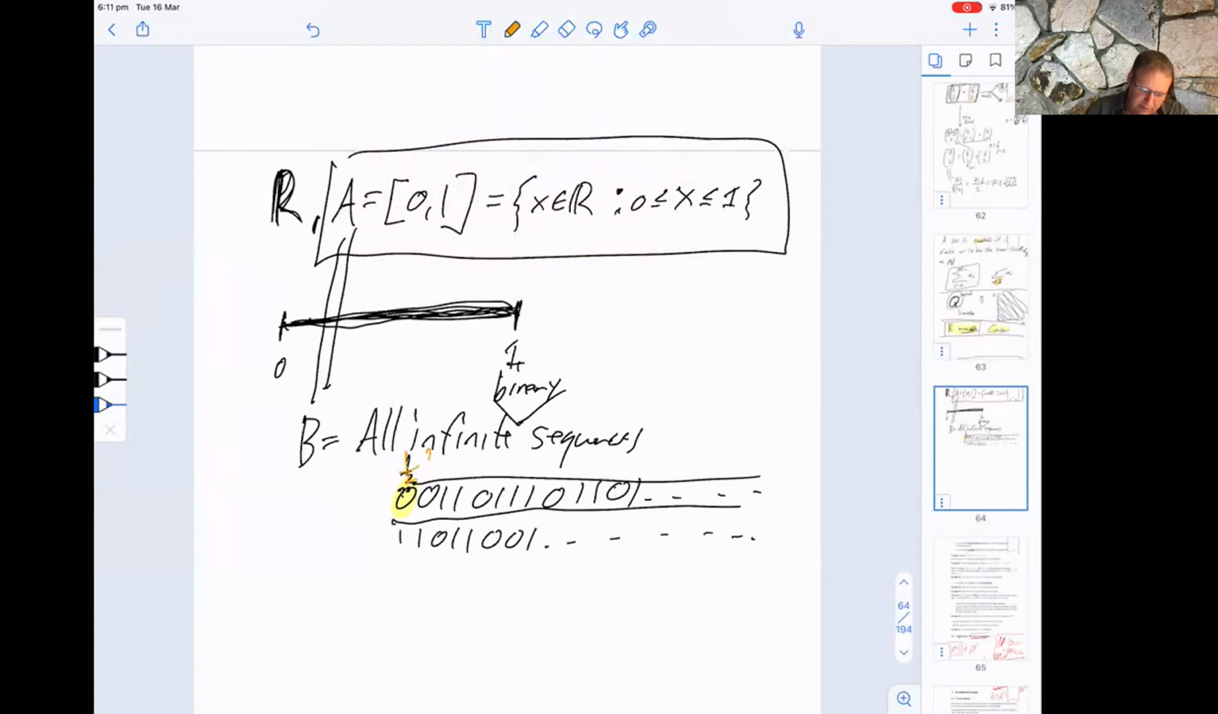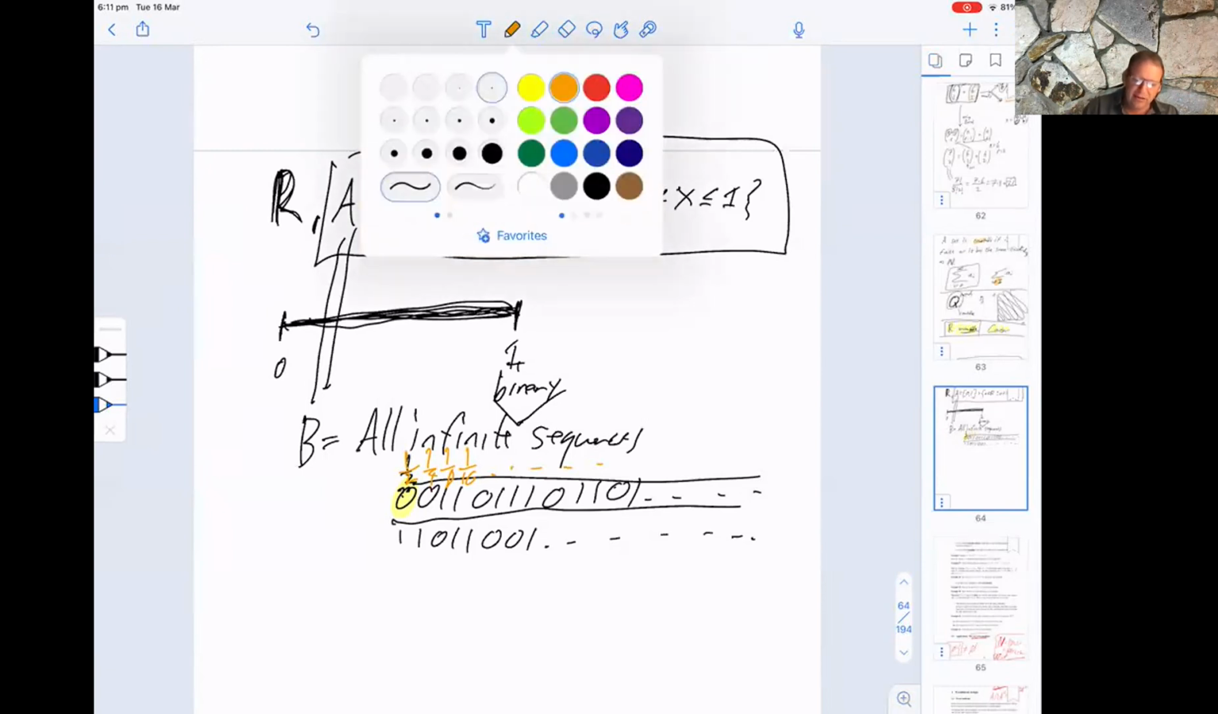1/2, and the weight of this is 1/4, and the weight of this is 1/8, and the weight of this is 1/16, etc. There are some issues with repeating numbers, like if it's all ones or all zeros, but let's leave that. Okay, so Cantor's theorem